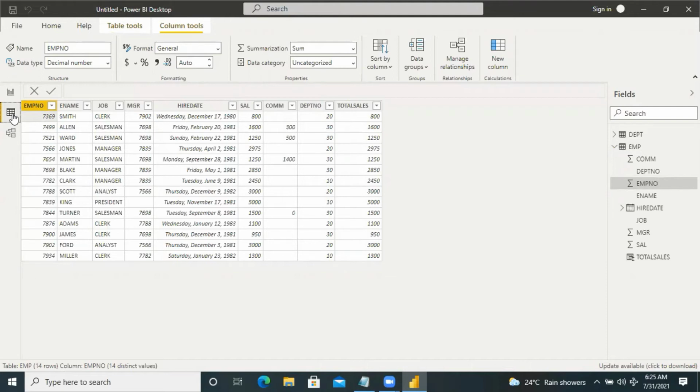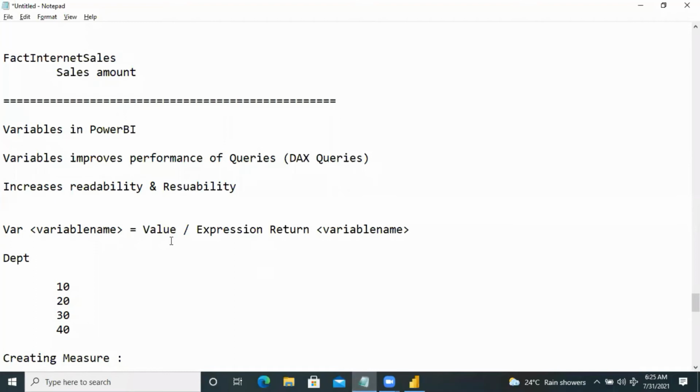How can I create those kinds of variables here in Power BI? Variables help in developing the script. Scripting can be done with control statements like if statements, nested if, and else if.